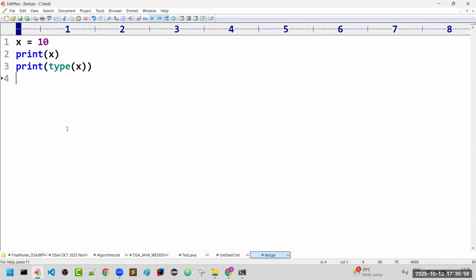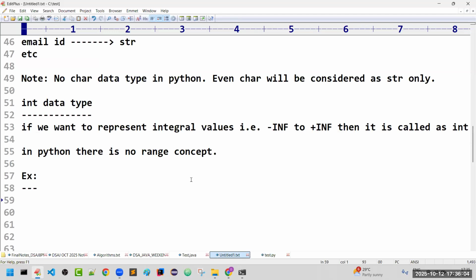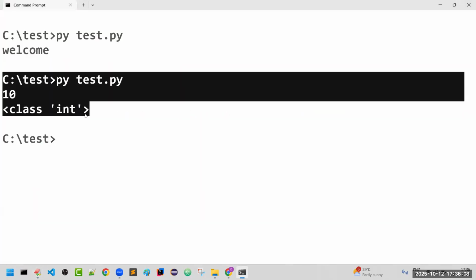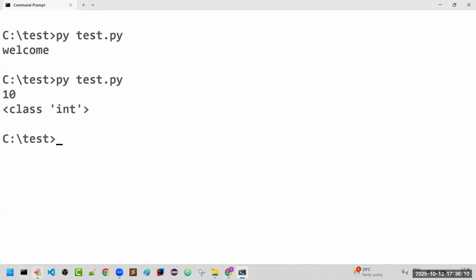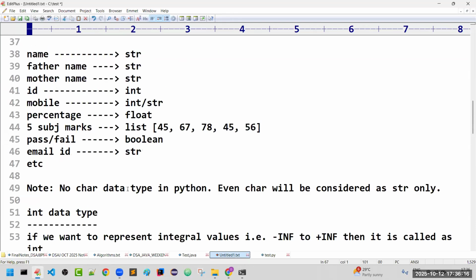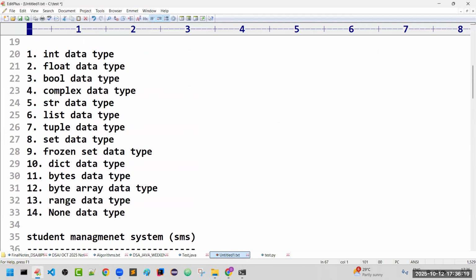Now let me copy paste this for your next. Even in Python, there is one more data type called float.